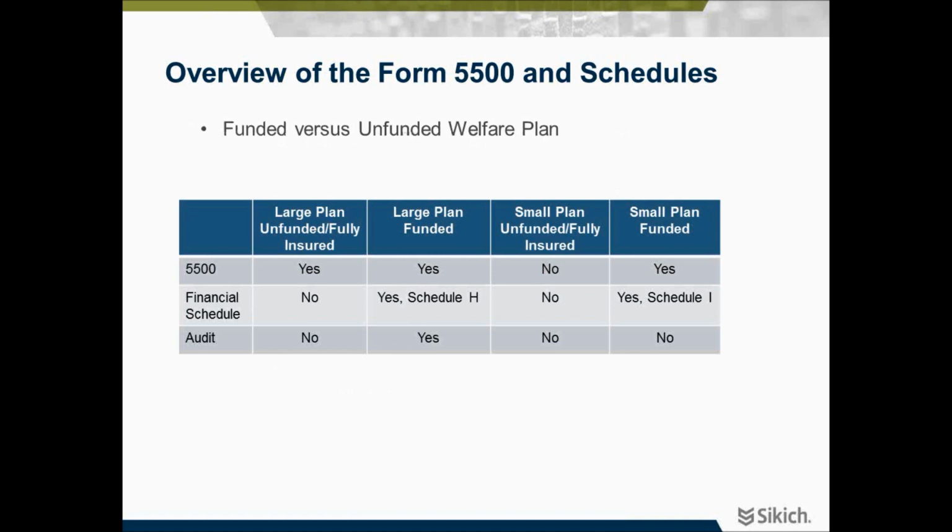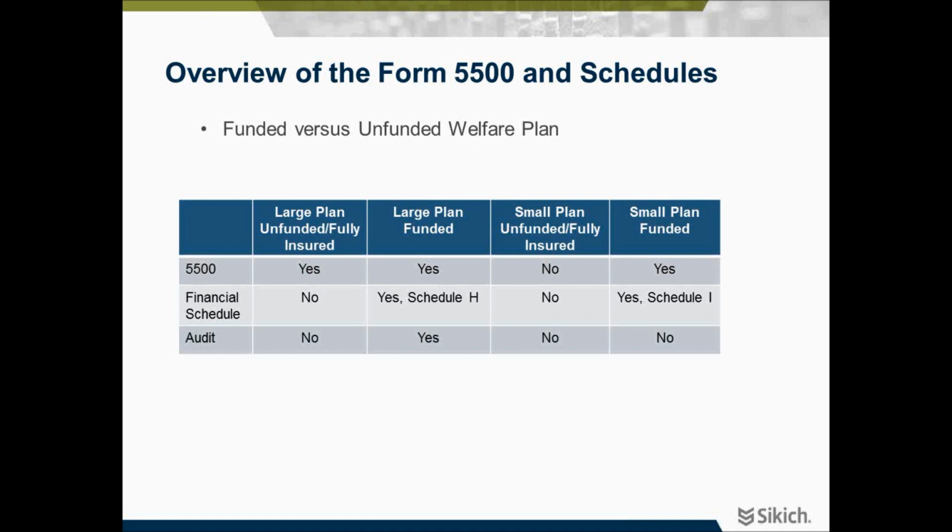And here's a nice little chart that I thought might be helpful to you. You would be filing as a large plan if your plan is covering at least 100 participants at the beginning of the plan year. You would file as a small plan if it covered fewer than 100 participants at the beginning of the plan year. And again, I said a welfare plan that is unfunded or fully insured or a combination of the two